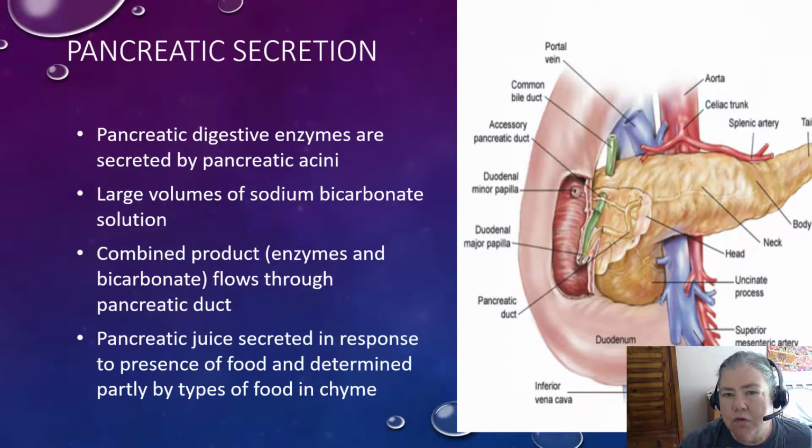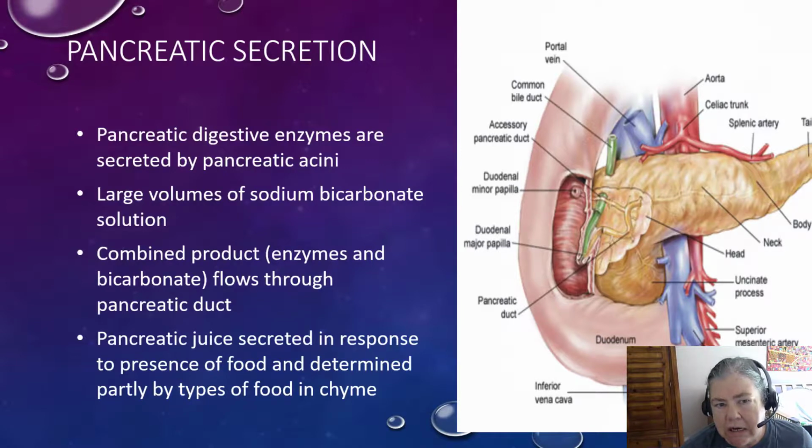Pancreatic secretions are obviously super important in digestion, and again, we've talked about them briefly, but let's go back to the anatomy of the pancreas. You remember that the pancreas has endocrine cells, but it also has exocrine cells, and those exocrine cells are grouped into something called acini. They secrete lots of a sodium bicarbonate rich aqueous solution, which dissolves the enzymes that are